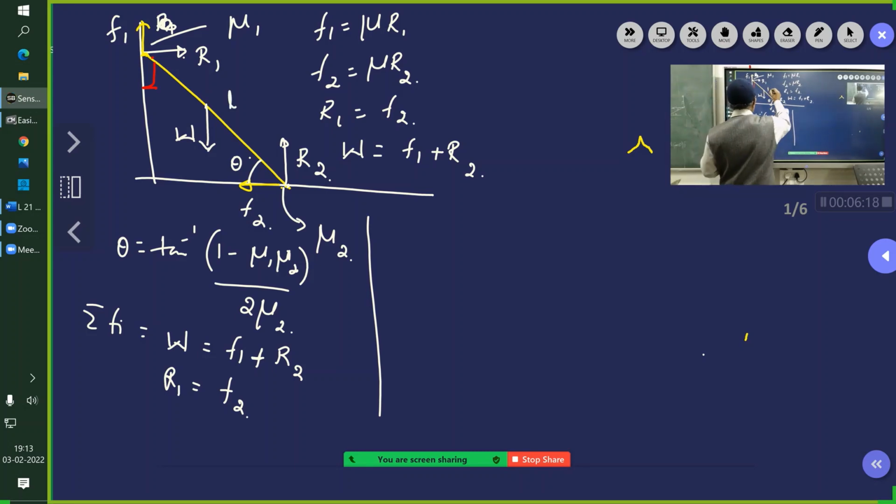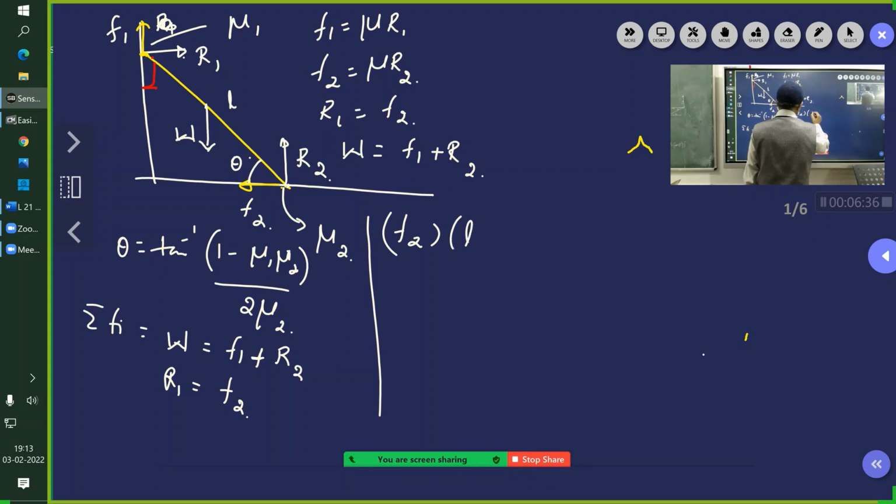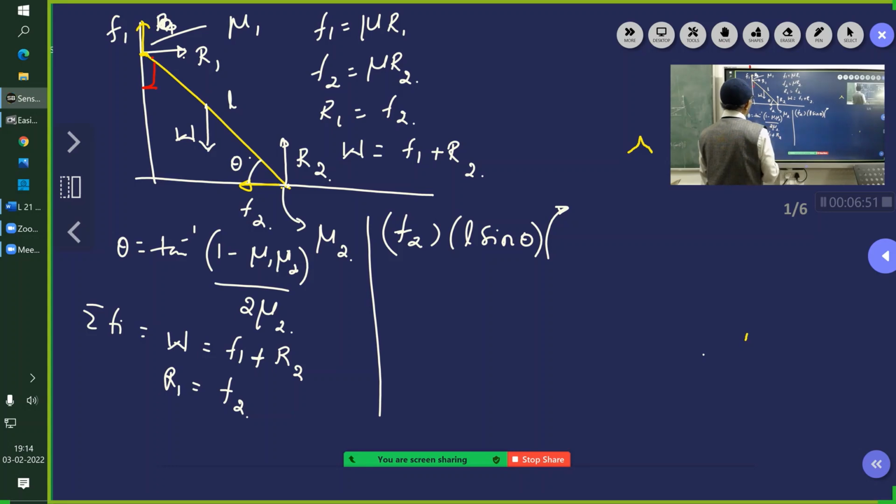You might have to assume the length of the ladder to be L. So taking the moments about this point, point 1, F2 into L sin theta. This F2 will turn the ladder like this, and R2 will turn the ladder the opposite way,